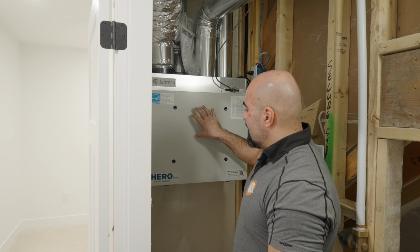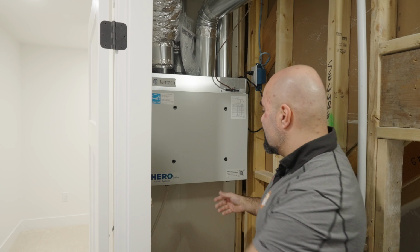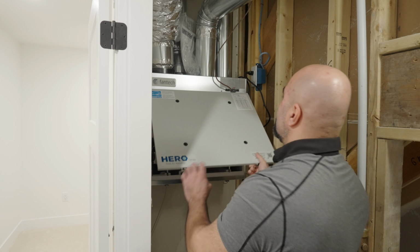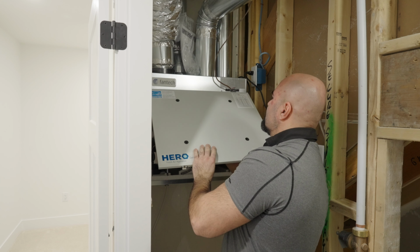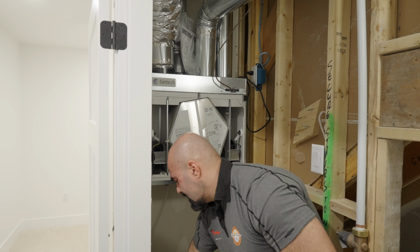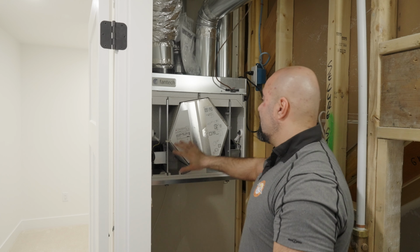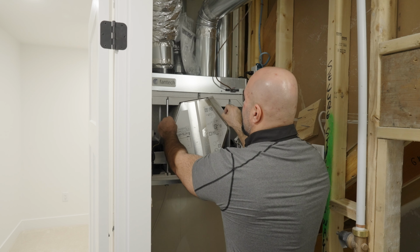Now, as far as the HRV goes, you will have a couple filters inside that you have to change. You simply open up the two latches on the bottom, pop the door off, and that will automatically shut the power off to the unit. Then you can access the filter here. You'll simply pull these two out,